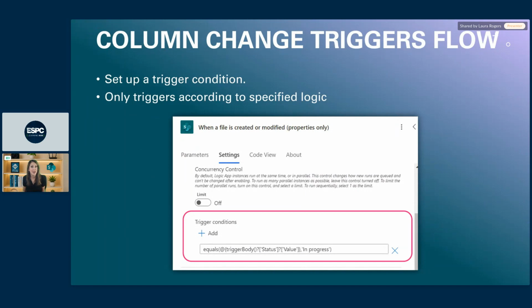That way you don't have that flow triggering all the time for every single edit that gets made. So this is a good way to narrow it down to be very specific, so you don't have a ton of extra flow runs or a bunch of conflicts. It's only going to run under that circumstance.